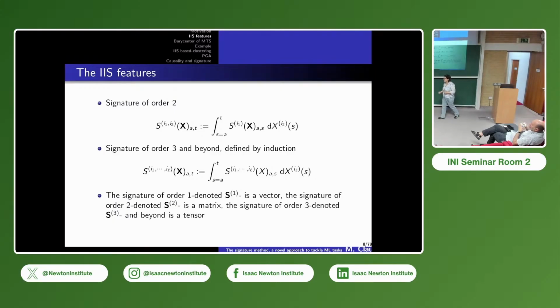Yeah. The derivative, is it in terms of the spectrum or in terms of approximating the derivative? Alors, there are two things. Here it is a theoretical definition. And thereafter, to calculate it in a practical situation, we do a piecewise linear approximation of the path. And then it is not so difficult to calculate it in an explicit way. But there is an approximation